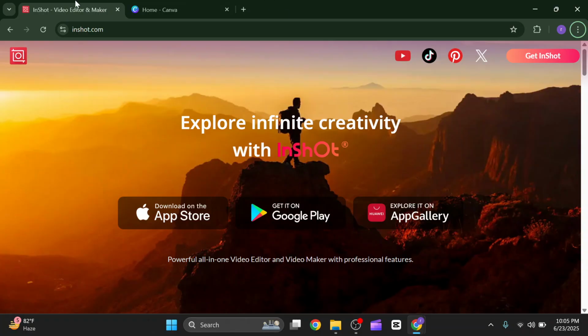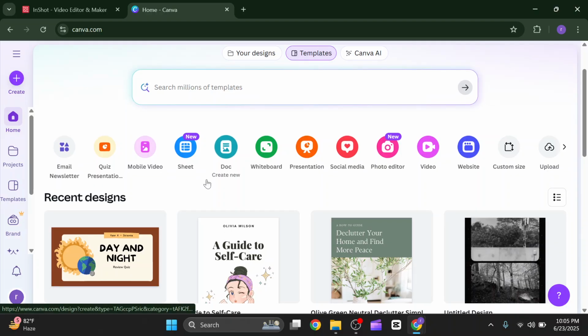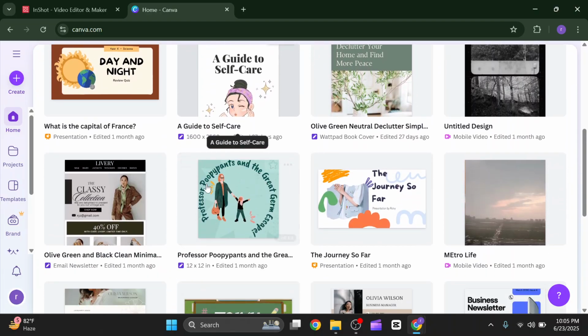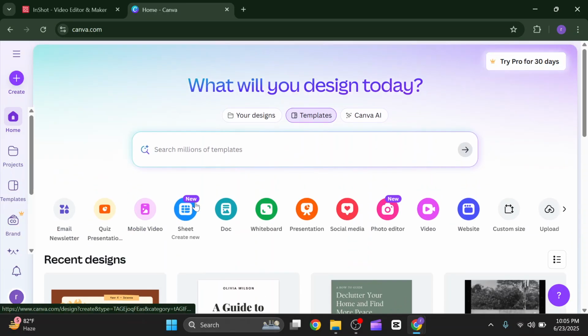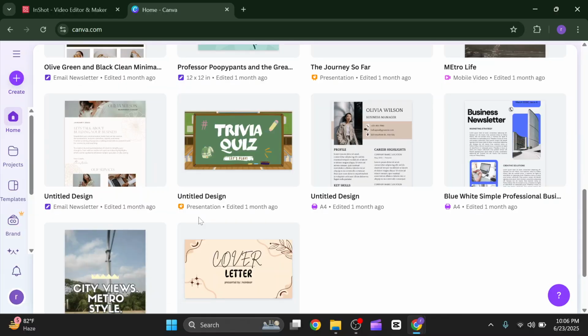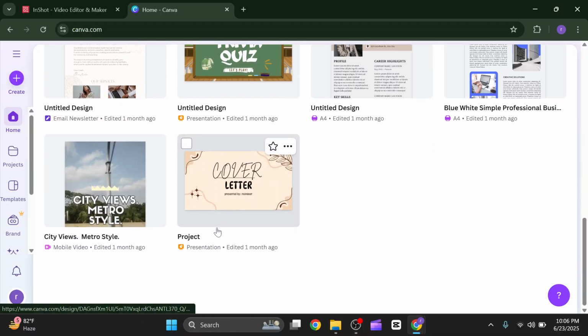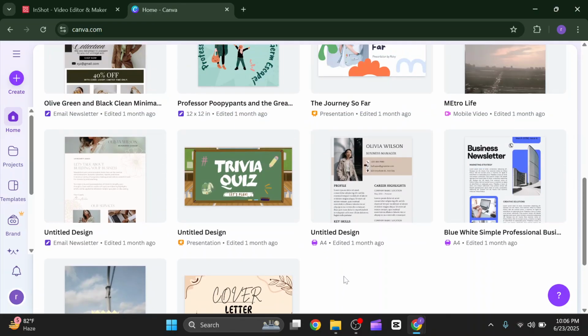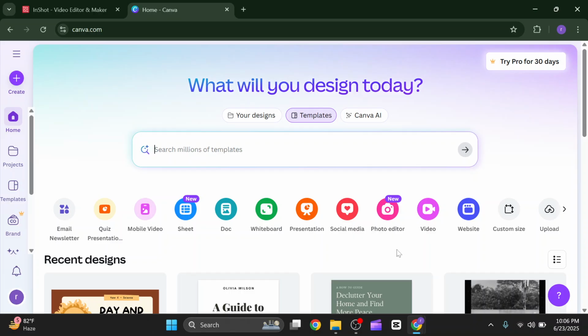On the other hand, Canva is an all-in-one design, graphics plus video editor, and it's a good selection but it has fewer pro video tools. It has AI image tools, Magic Design, text to video, and it's extremely easy for all content types. It supports 1080p max for most users, and it's high for design, moderate for video. The pricing is free plus Pro from $12.99 per month, and it's better for social posts,